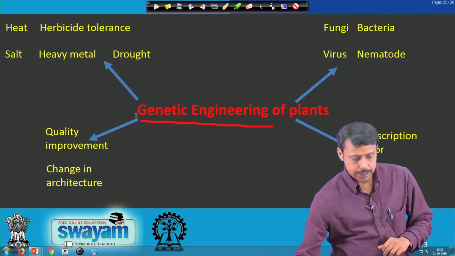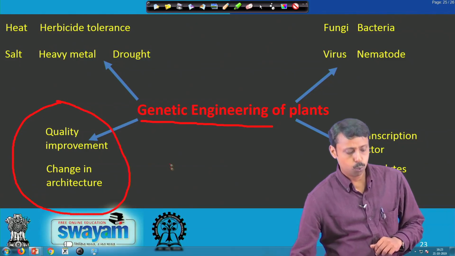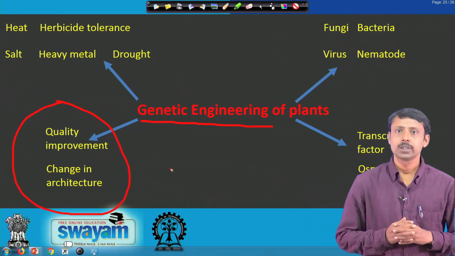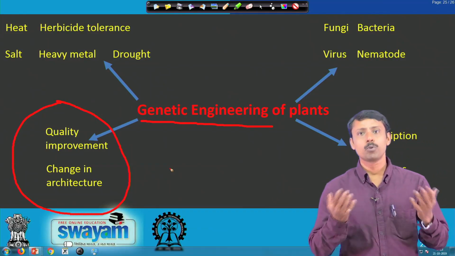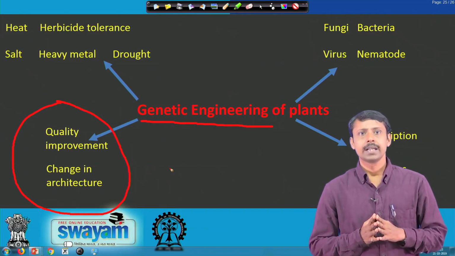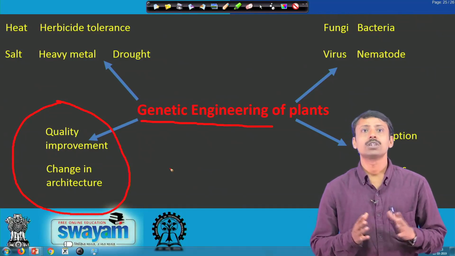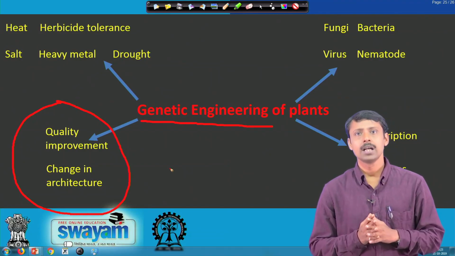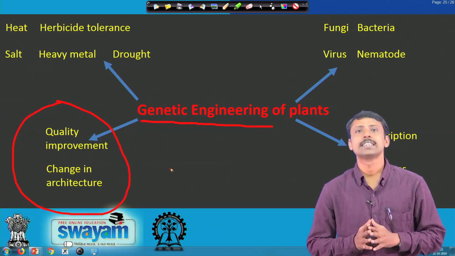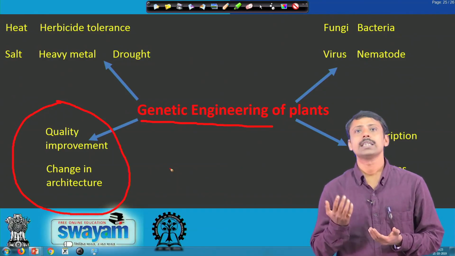In addition to that, genetic engineering has also been done for quality improvement in crops, like in case of rice, the golden rice has been generated to improve the vitamin A content. Then several genetic engineering efforts have been made for changes in architecture. Certain changes have been made by changing the root architecture of the plant by overexpressing or down regulating certain genes